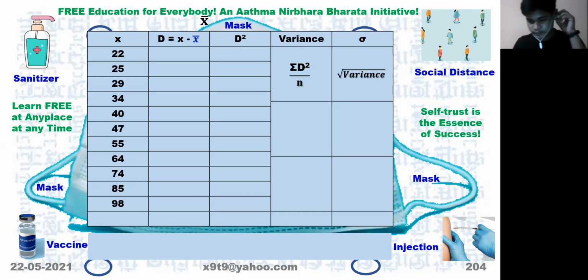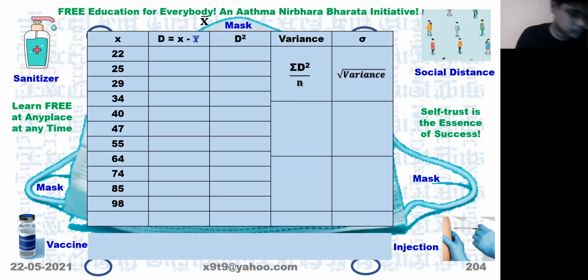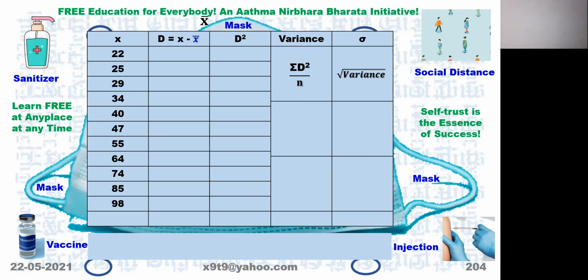Sir, 1 minute, sir. I'll bring the calculator. I forgot. All that you have to keep ready, then only it will become faster. You add all the numbers and write at the bottom sigma X equal to.